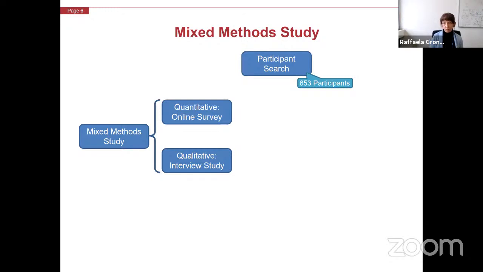Then we filtered the found publications using inclusion and exclusion criteria we have defined. And then we extracted the authors of the included publications and invited them to participate in our study, resulting in 653 potential participants. Then our questionnaire was fully answered by 84 participants.